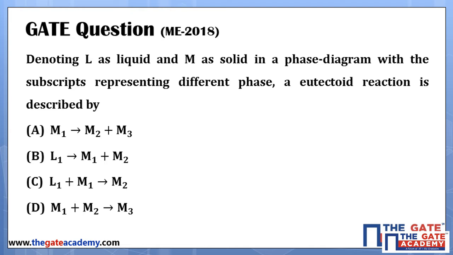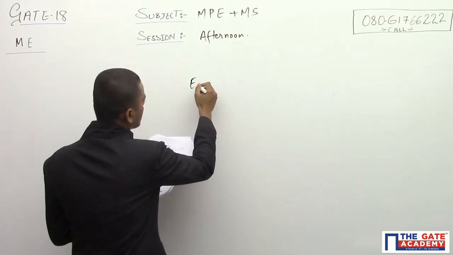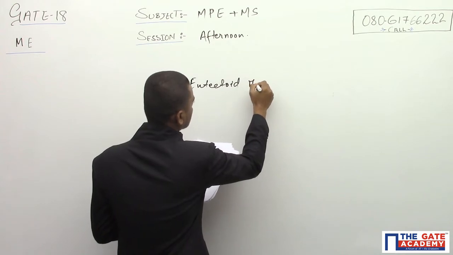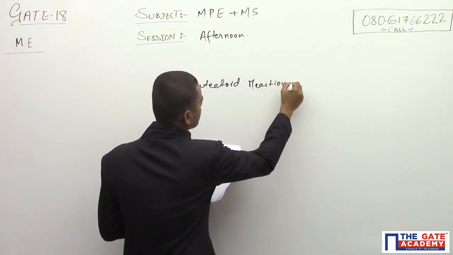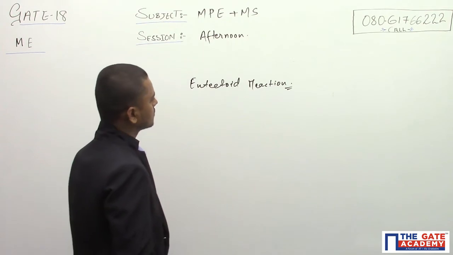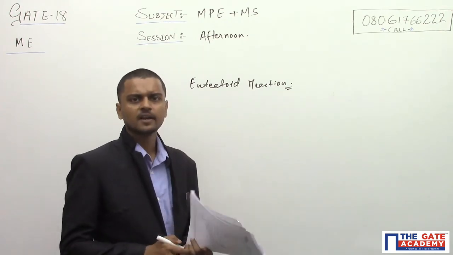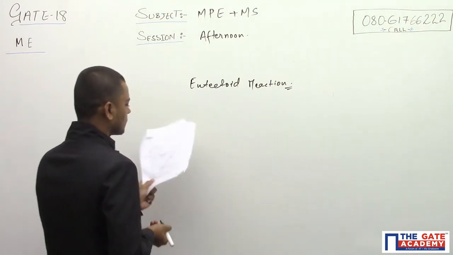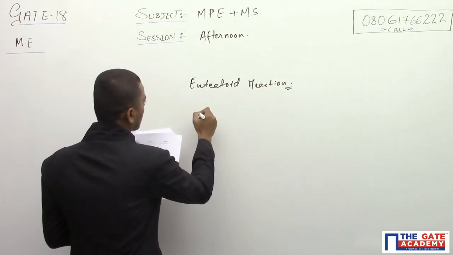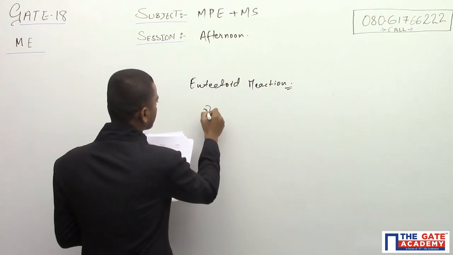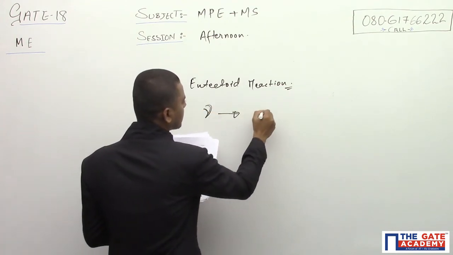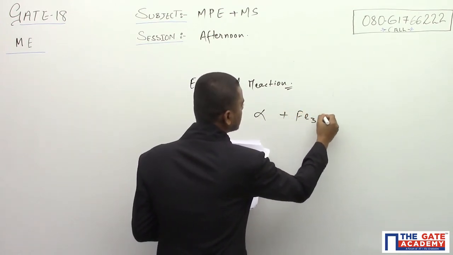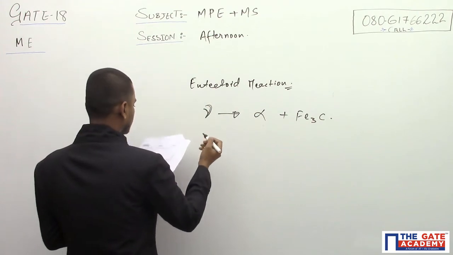So generally, if you look at the iron-carbon equilibrium diagram, the eutectoid reaction takes place at 723 degrees centigrade, when we have 0.8% carbon, where the austenite gets transformed into ferrite plus cementite, Fe3C. So here L is your